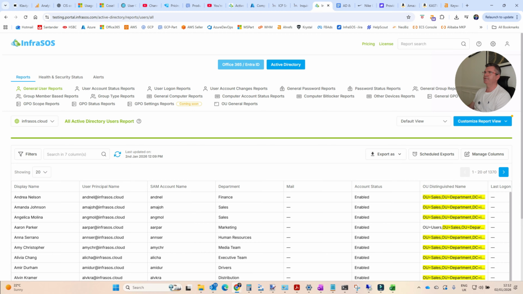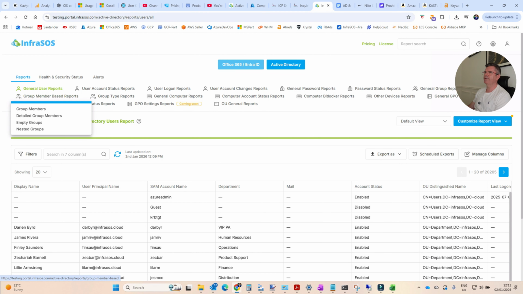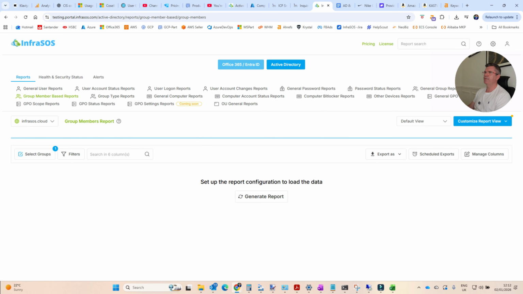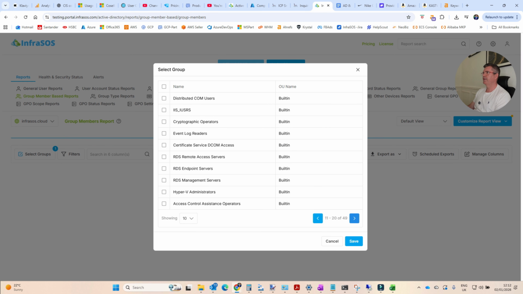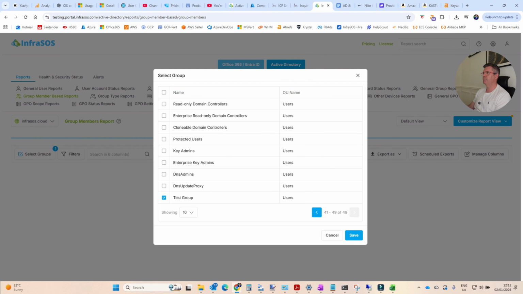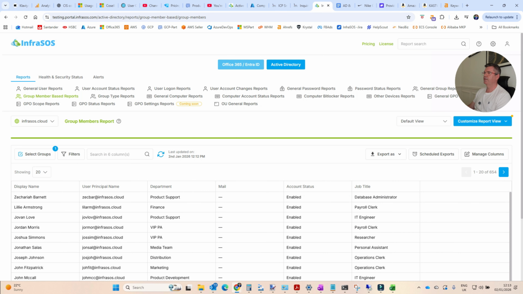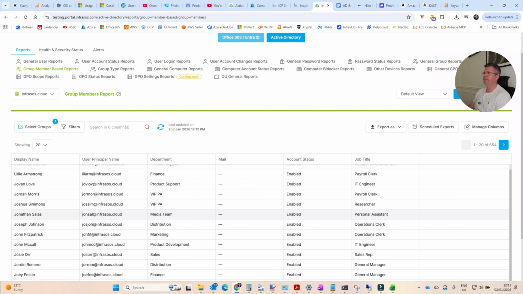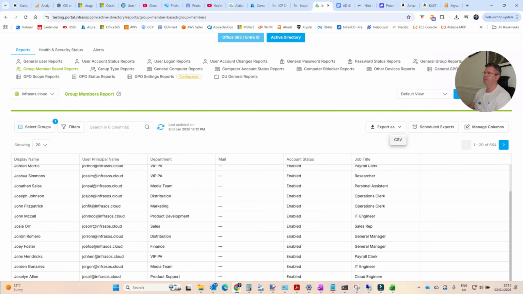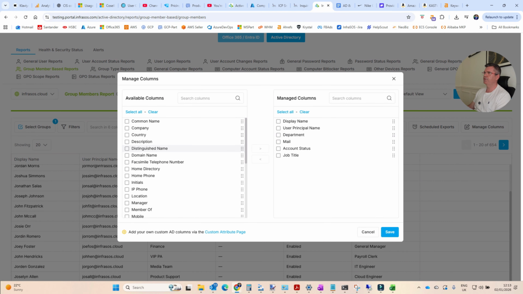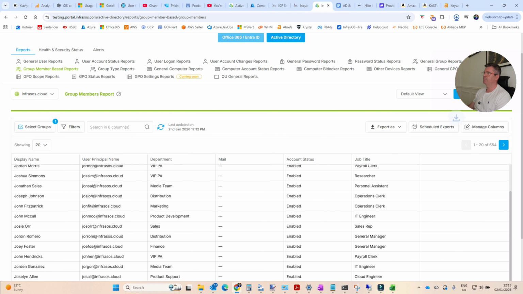Now another good report is if we want to run a report on group-based members. So if we click on Group Members and I want to export everyone in my test group, select Generate Report, and that is going to list all the group members in my test group. And then from there we can export. You can also modify the columns. So what columns do you want in your report? Again, all the different attributes we get from Active Directory. Export as CSV. And there's all of your